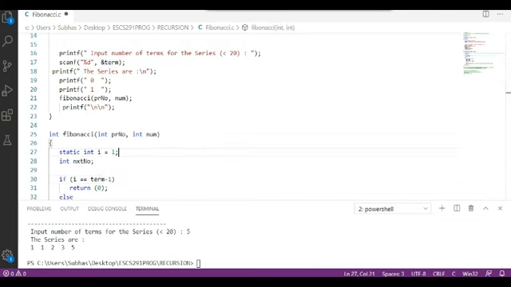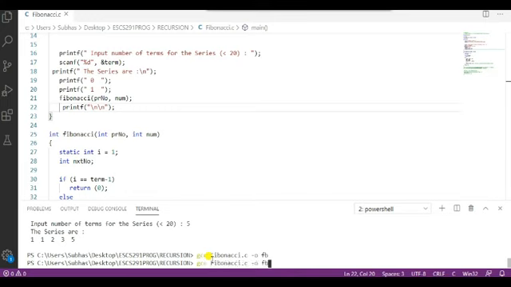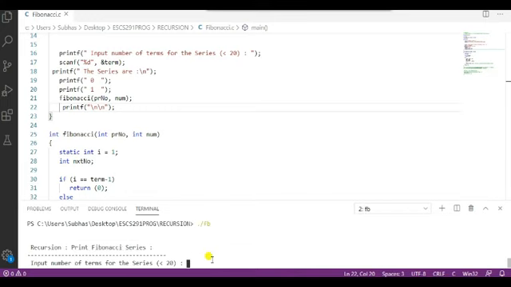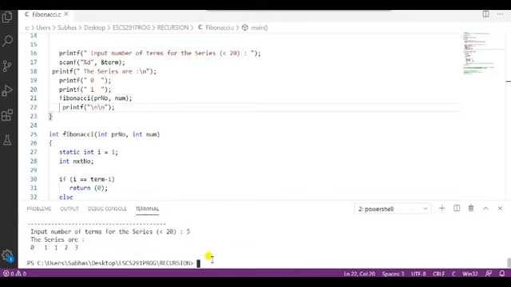Let me save it and execute one more time. Enter the 5th term. Now it is okay: 0 1 1 2 3, right? So it's a simple one. You can do it in a different way.